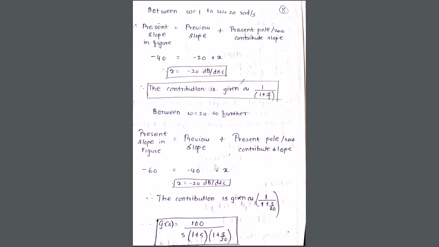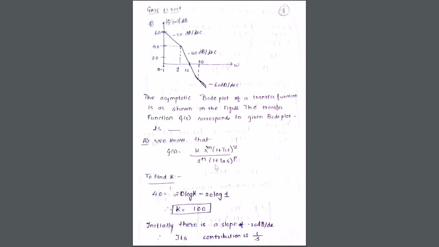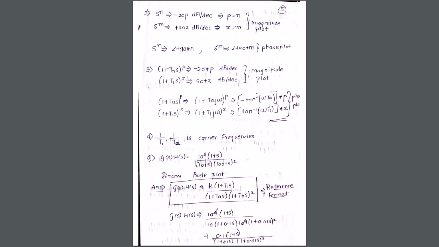Please download the notes from the description box. But I'll just give you a gist again on how to solve a particular question. Sometimes a transfer function can be given to you and you will have to draw the Bode plot. So first see whether the transfer function is in the standard format. If it is, you can go ahead directly. But if it's not, please reduce the open loop transfer function into the standard format mentioned over here, and then start applying the rule.